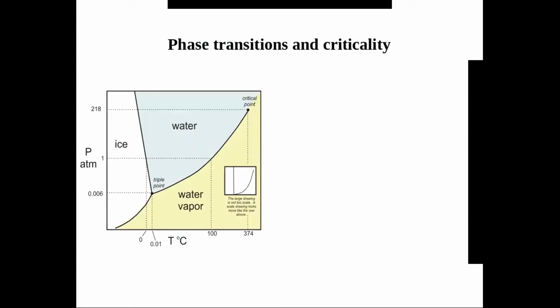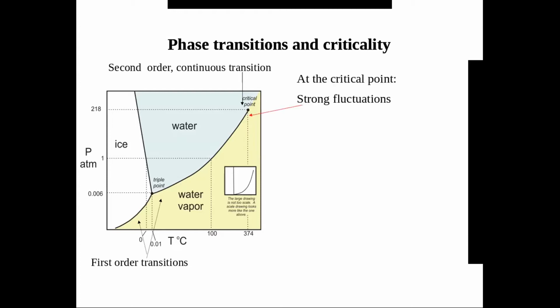Yes. Okay, fine. So I provide a little introduction, although I guess most of you are physicists, so it will not be very important, about phase transitions and criticality, just by showing this trivial phase transition of the water-ice system, where in general you have the first order transition separating the ice from the liquid and the gas. But at the end of the vapor-water first order line, there is a critical point. And at this critical point, there are very strong fluctuations. And even beyond the critical point, you can go between these two phases, between water and vapor, with a crossover phenomenon. But if you are just at the critical point, the correlation length